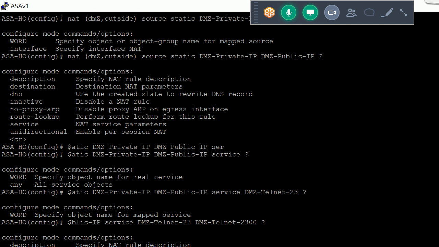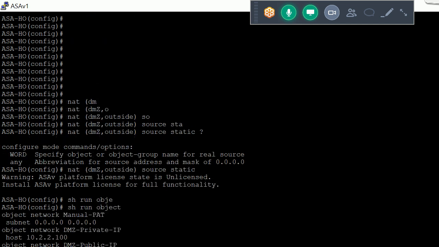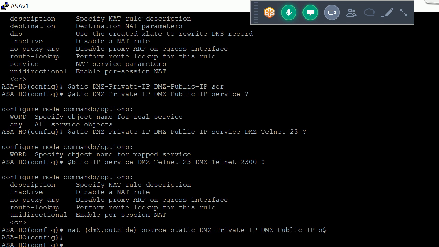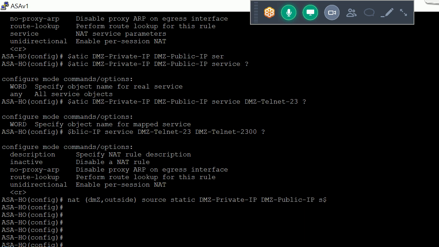I also add one more rule, I just change the services here: DMZ HTTP 8080. So actually that is the way to configure port forwarding.